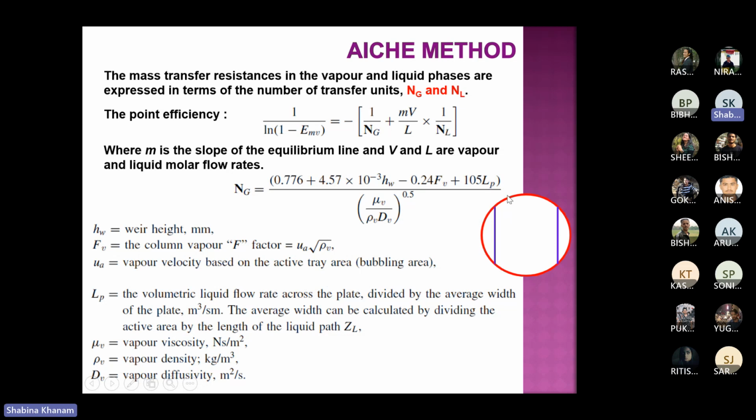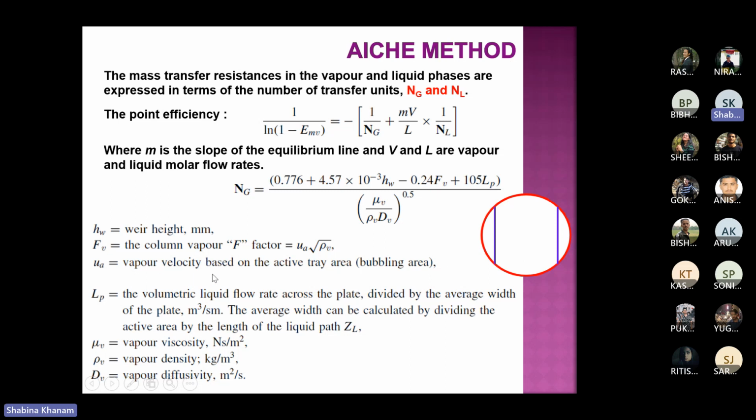Okay, so how to find this active area? You already know the diameter of the column. So the cross sectional area of the column you already know, and this is the downcomer. Two downcomer areas are there. Downcomer areas are usually given in percentage, like 12% of cross sectional area, something like that. I will discuss that in detail in design. But given that downcomer area, twice of that when you deduct from the cross sectional area,